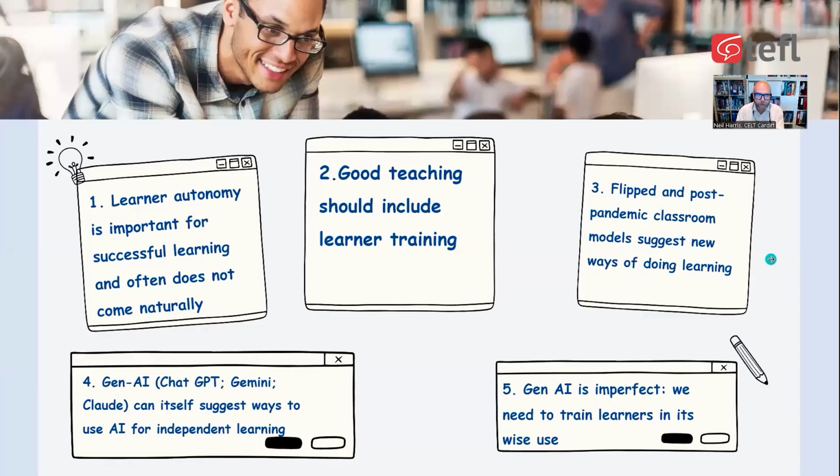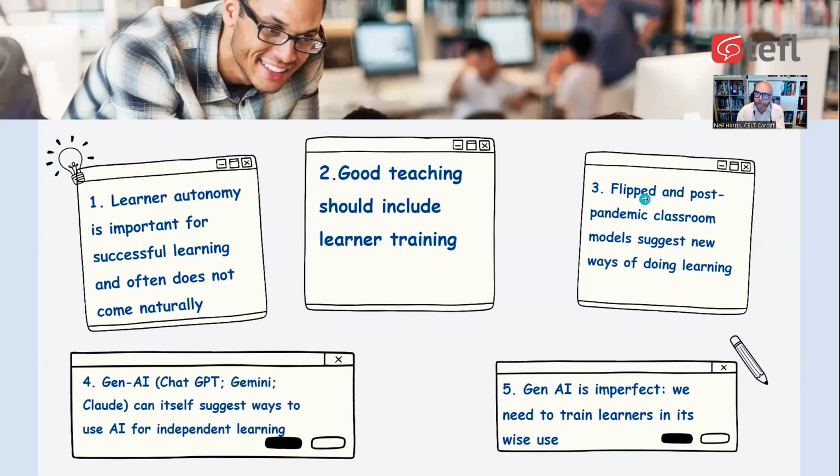So, in conclusion, learner autonomy, yes, is truly important if students are going to go the whole way in terms of their learning, but it doesn't come naturally. Therefore, as teachers, we need to consider skills training to help learners to become better independent learners.